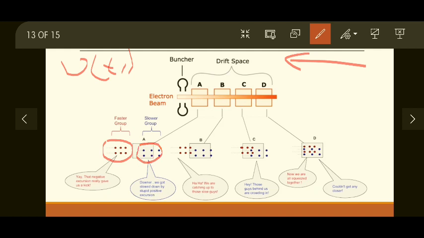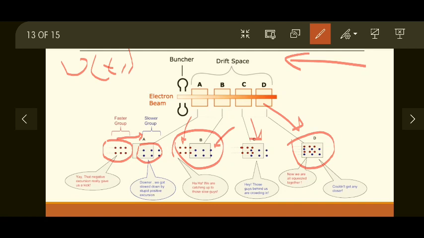Okay, so now this will start moving towards the opposite end with a faster velocity. So when they reach frame B, they are much closer, as you can see, much closer to the slower electrons. Slower electrons are shown as blue dots. It might not be visible as a color, and these are red dots. At frame C, they mix with the slower electrons somewhat. They have come much closer, and at frame D, both are mixed with each other because red dots are faster and blue dots are slower. Both are eventually mixed up with each other.